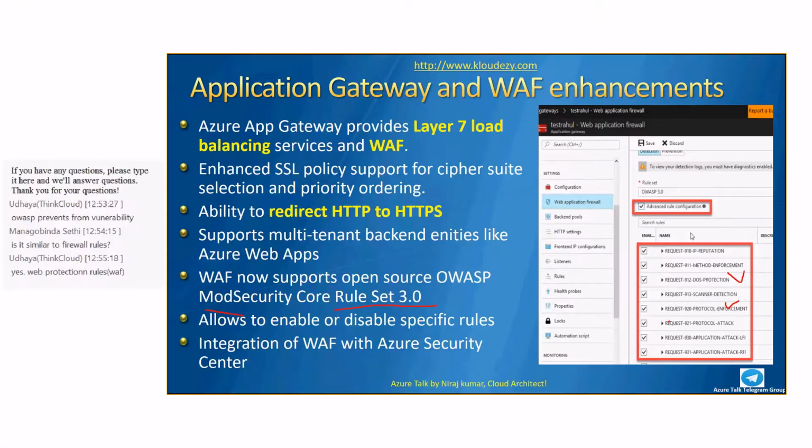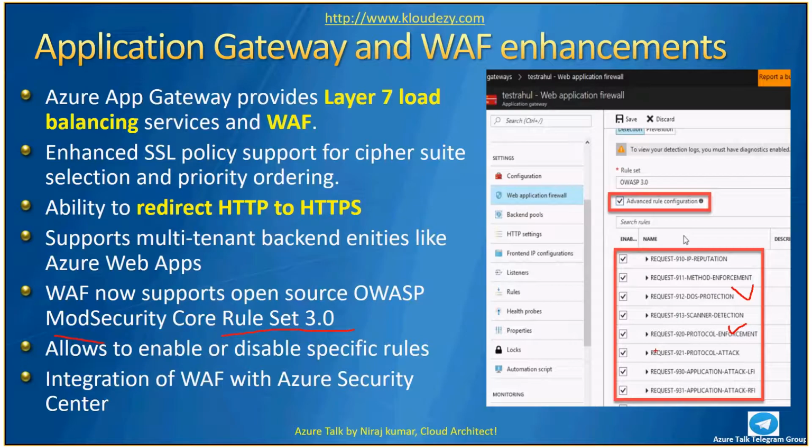It will give a number to it. It will score those packets. If there is a ModSecurity rule with an anomaly score of 3, that means the WAF is going to give you a warning. So every request that comes over the app gateway, the WAF parses and checks against the multiple rules in the core rule set, and adds a score for each rule to compute the total anomaly score of the request.